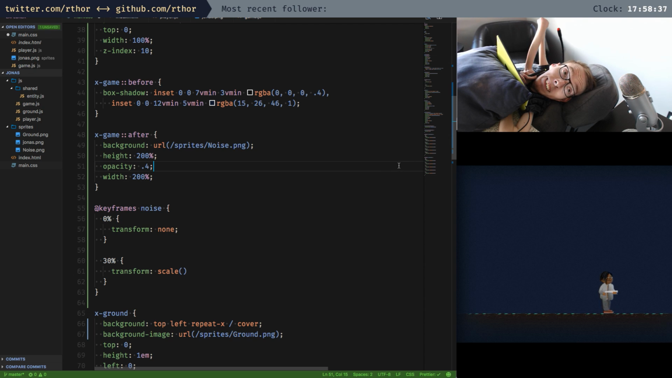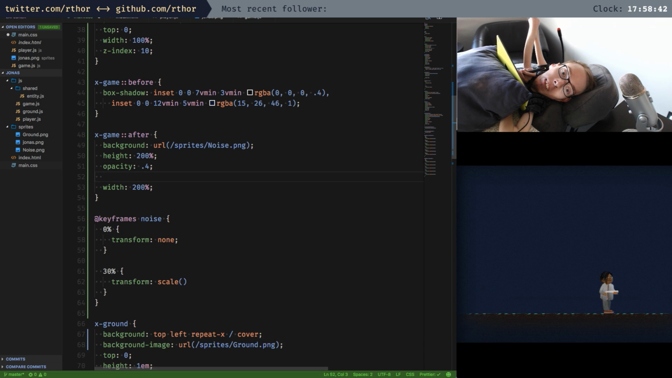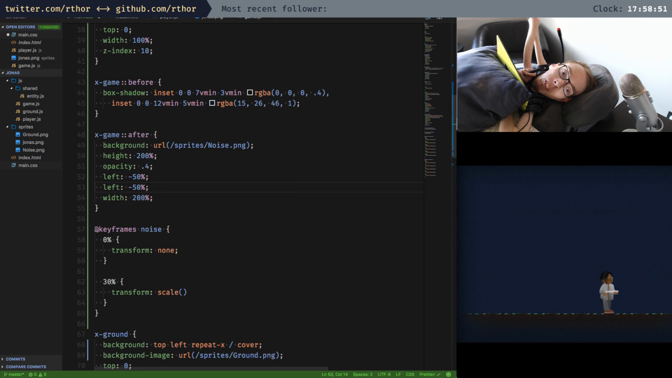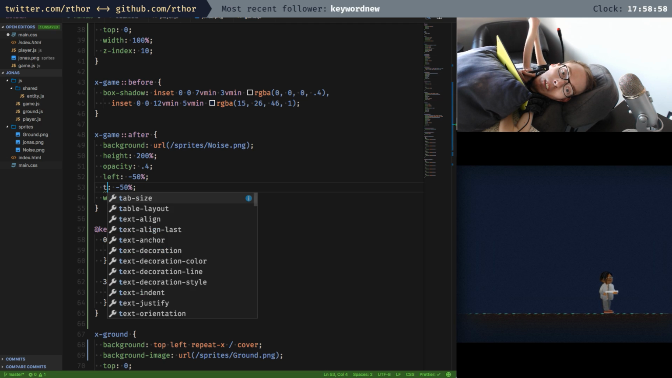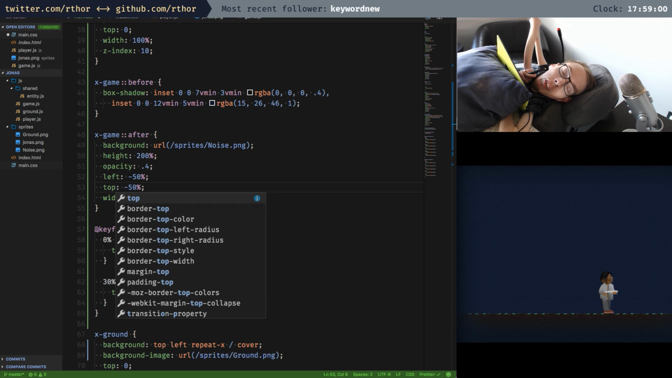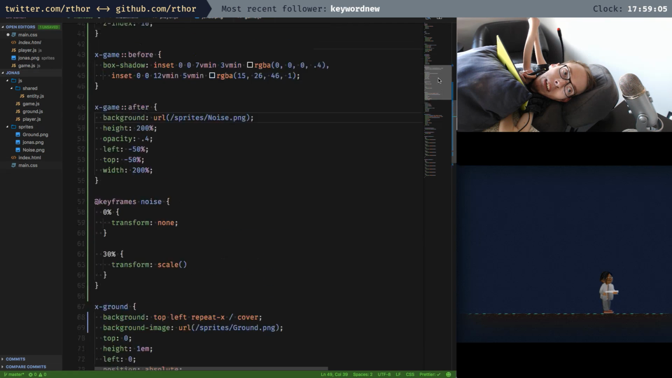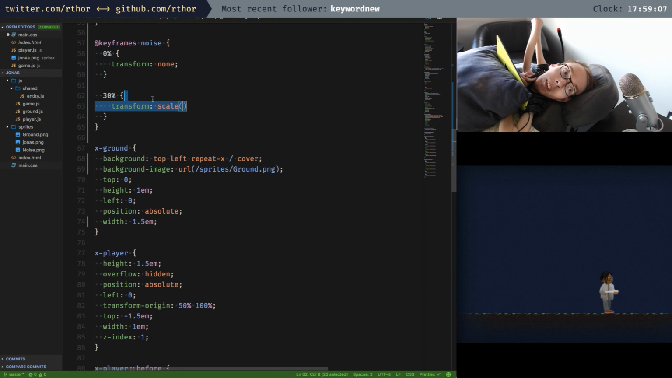So if I move it, left will be like minus 50%, and same for top. So top will be minus 50%. And then for the keyframes, I could do something like